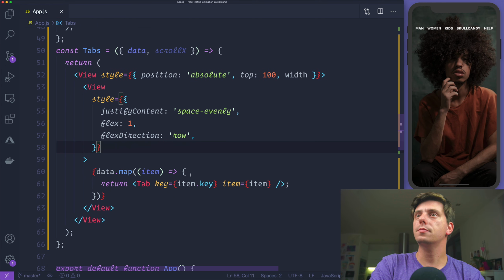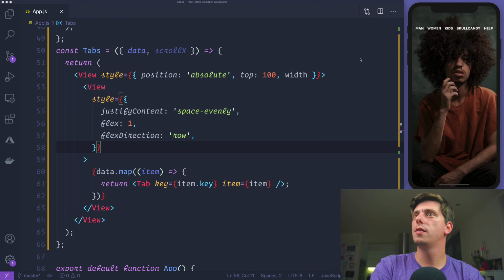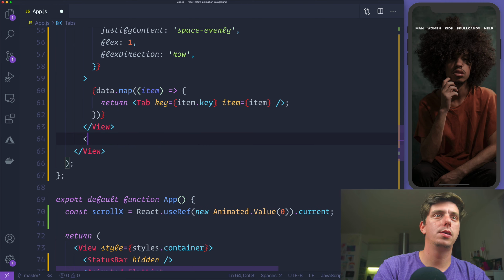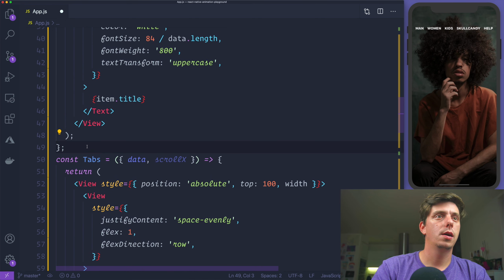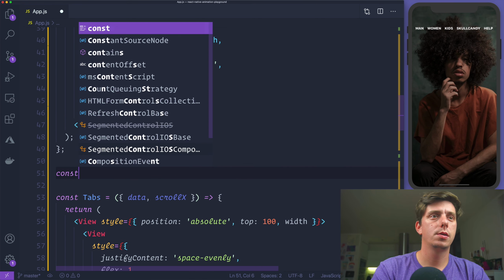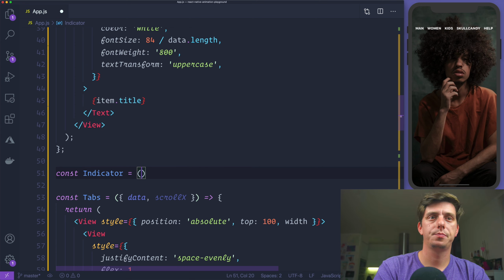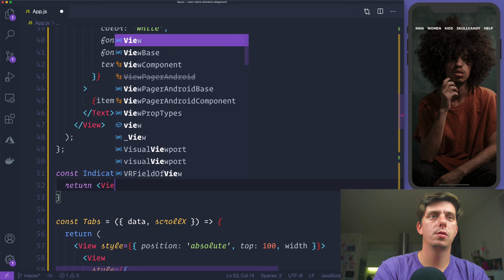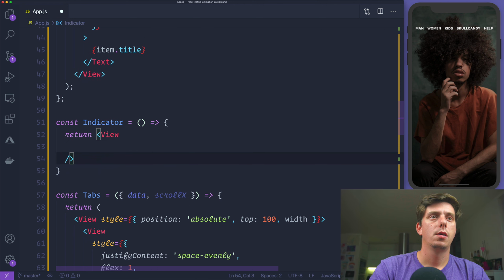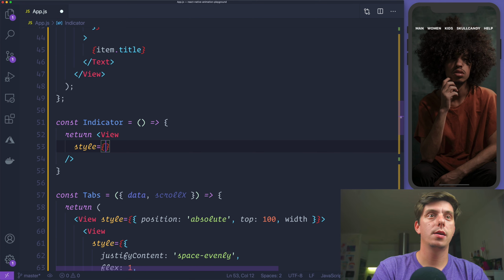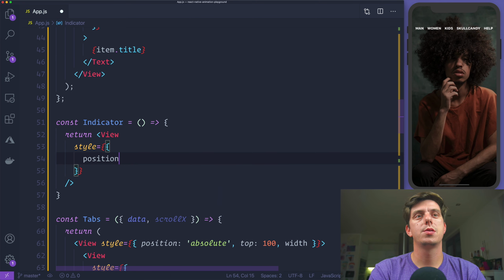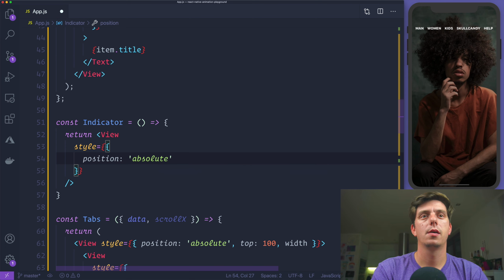And so this is everything. Plus, I would like to create the indicator. So Indicator here down below. And Indicator is going to be a component. So const Indicator. It's going to receive nothing for now, but it's going to return a view. And this view is going to be positioned absolute as well. So style, position absolute,